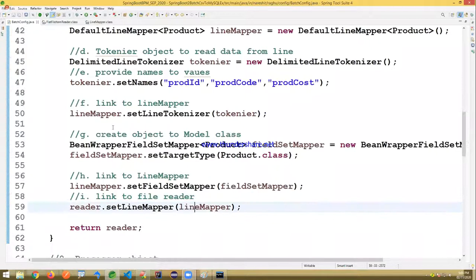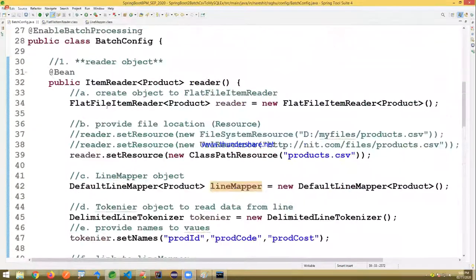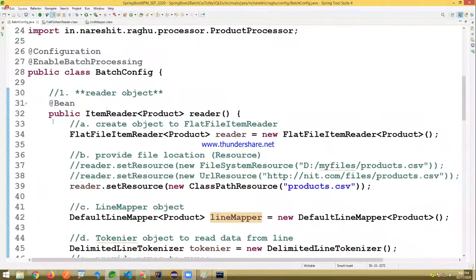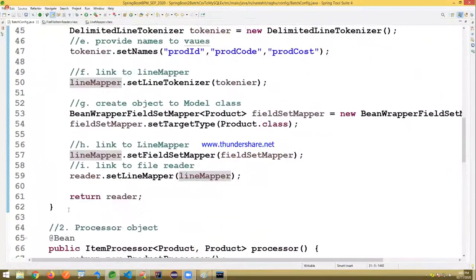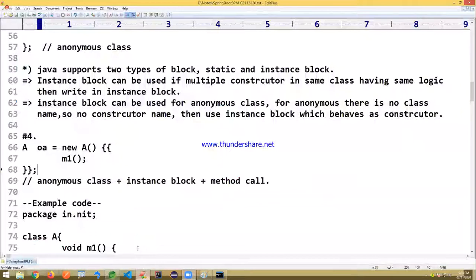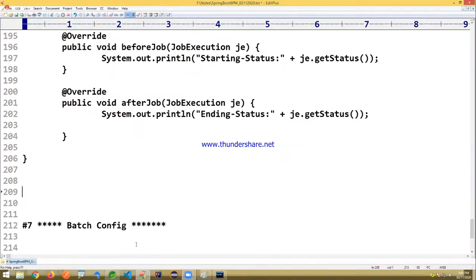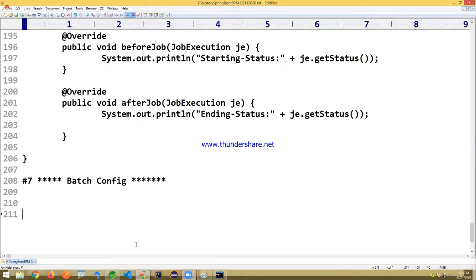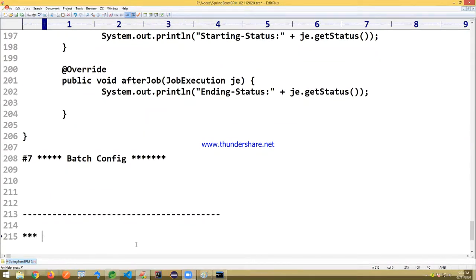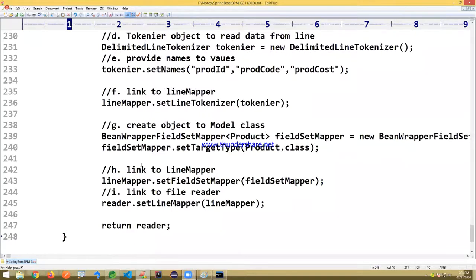This is the general code here. You can see it's a reader object. Now this reader object, whatever I just wrote here, for your reference I'm giving here in the batch config. Okay, this is the code I gave.